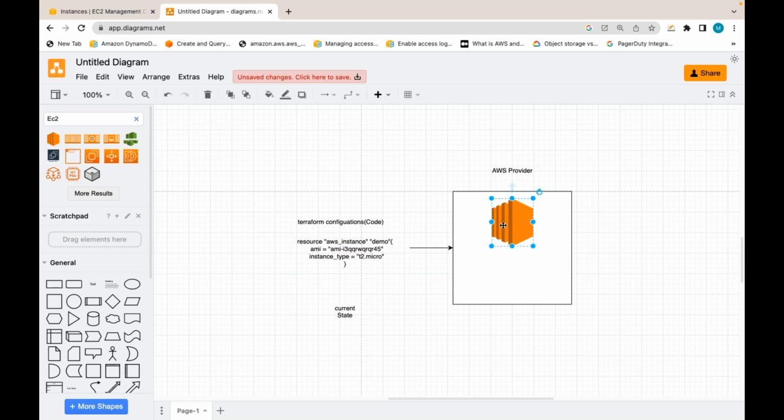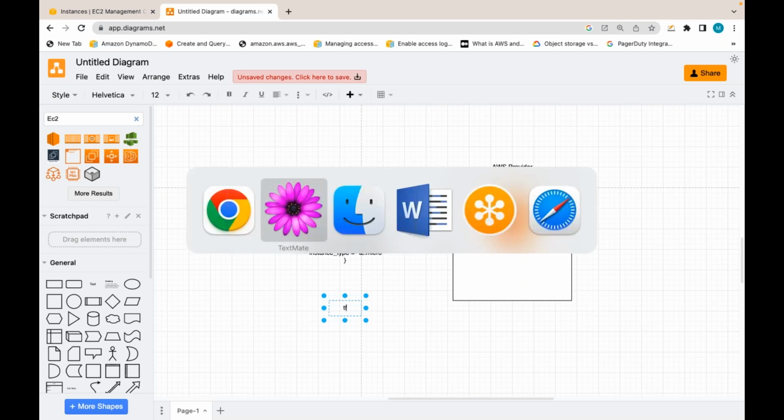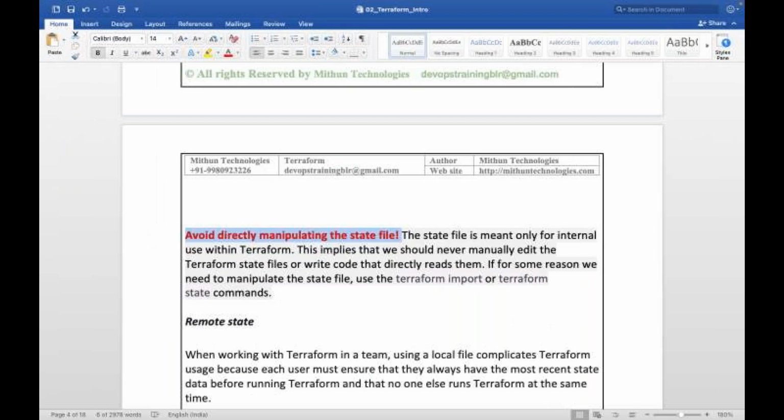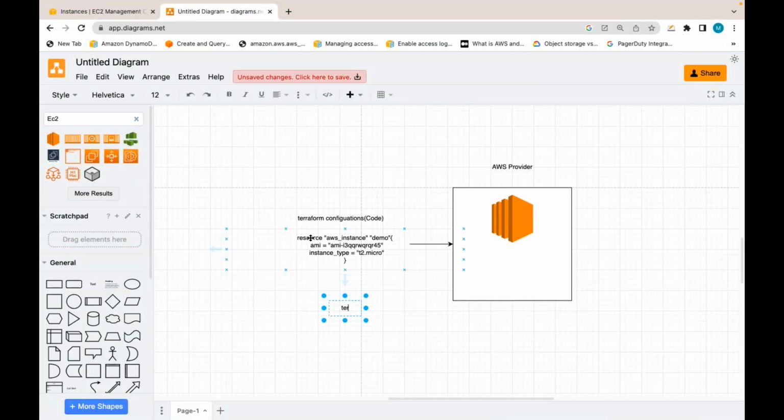And once Terraform provisions this resource, it will maintain this information in a state file, the Terraform state file. So it is going to generate and maintain the file. The file name will be terraform.tfstate. So it is going to have all the information, the current state of your resource here.